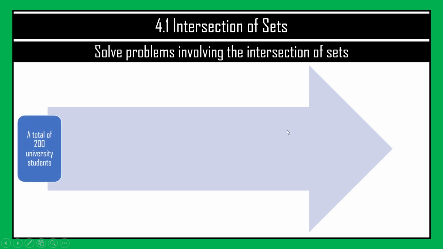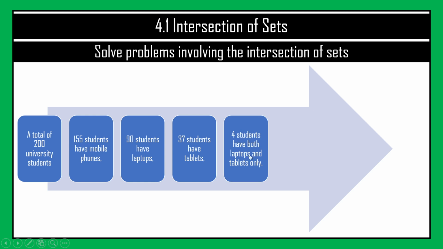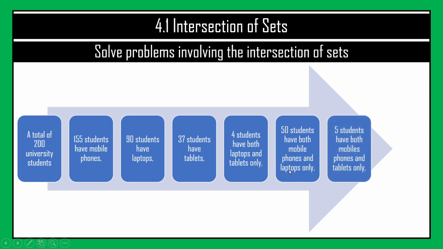Right, number 1, we know that the total is 200 students. And then from that, there are 155 that have mobile phones, 90 that have laptops, 37 that have tablets. And then it further breaks down into 4 that have laptops and tablets only, 50 that have mobile phones and laptops only, 5 that have both mobile phones and tablets only, and then the last one, it says 83 students